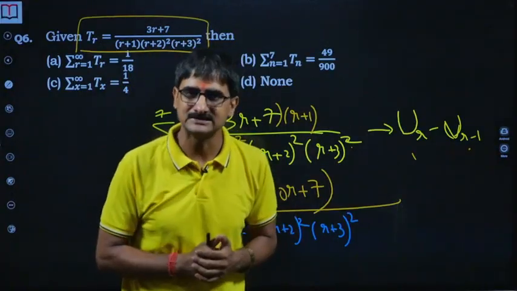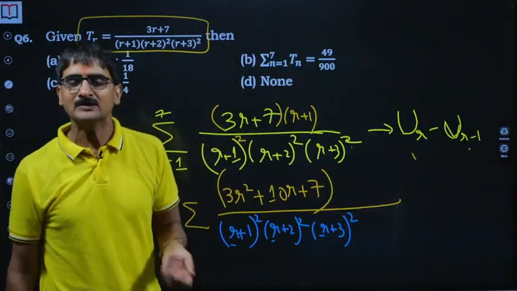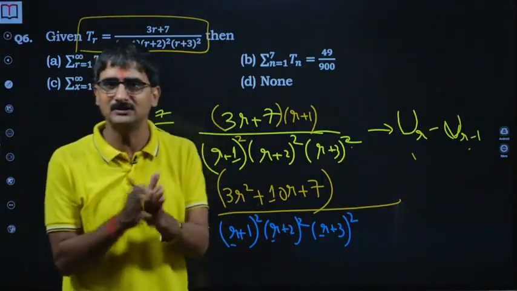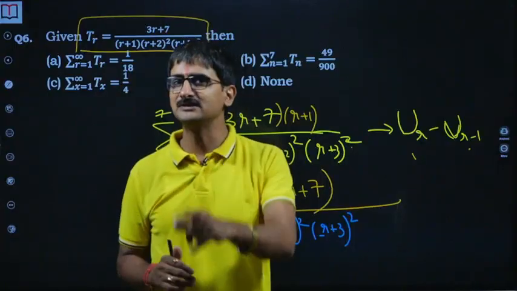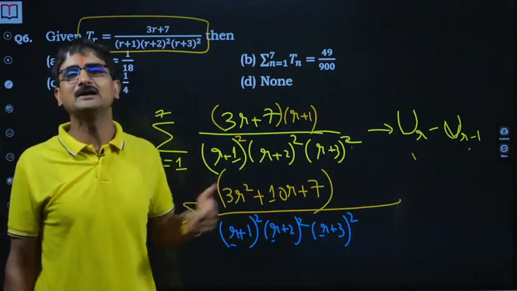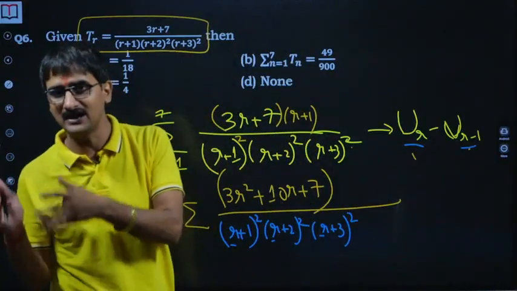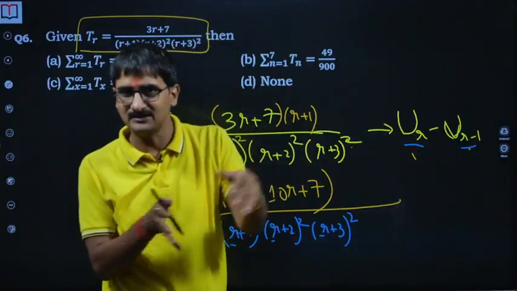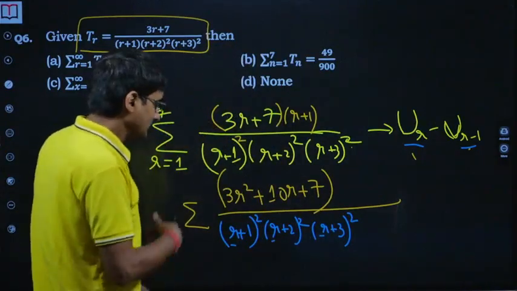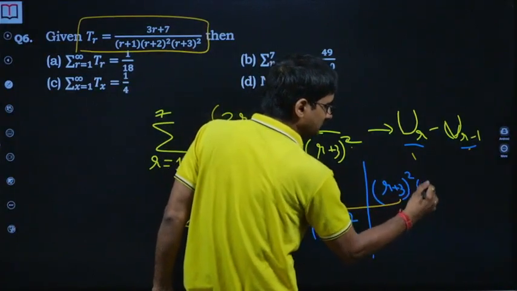R cube gets cancelled. Why? Because in all these factors the coefficient of r is positive 1. So whatever factor you choose, with whatever power you choose, in any case when you multiply and take the difference, the highest degree term will get cancelled. So I was pretty sure that I have to start with a cubic term. Now again I started thinking of a cubic term such that you have in the denominator something like r and whatever. This is term r, then this has to be the next term, maybe r plus 1 a term or r minus 1 a term. Okay, so then I thought, okay, let me first consider r plus 3 whole square into r plus 1 as 1.